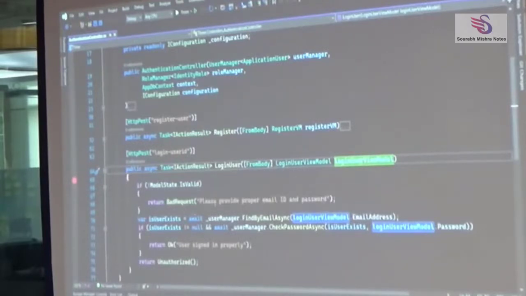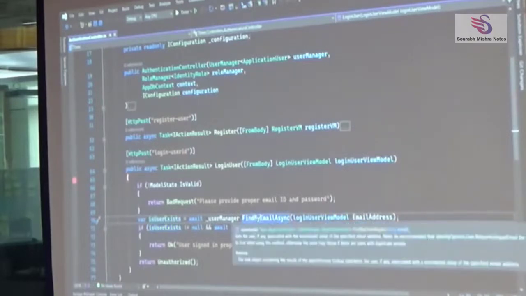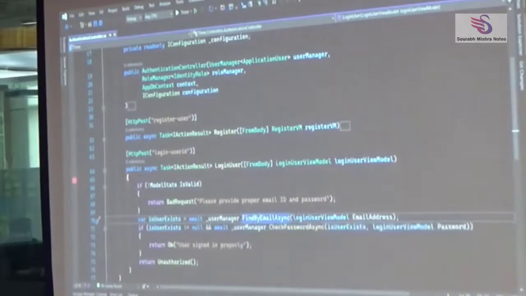not. If not, then we will give them a bad request, and then we'll check whether the email address is correct or not. Then again I am using my Identity framework method only, FindByEmailAsync. This will return whether the user exists in my database or not. And then this particular CheckPasswordAsync, what you were asking, this is responsible for doing all these things, because